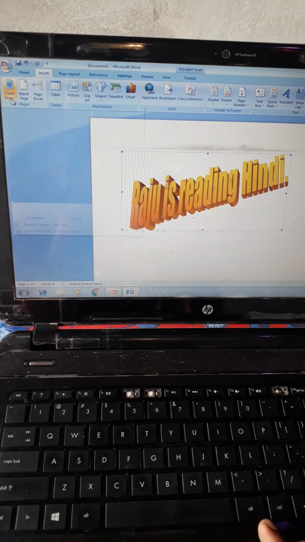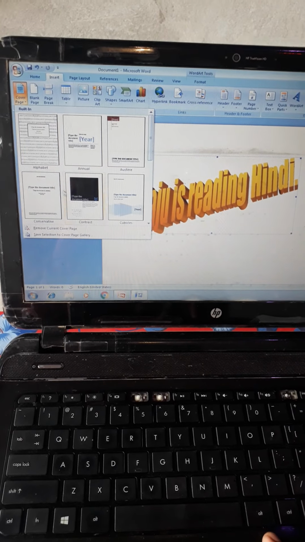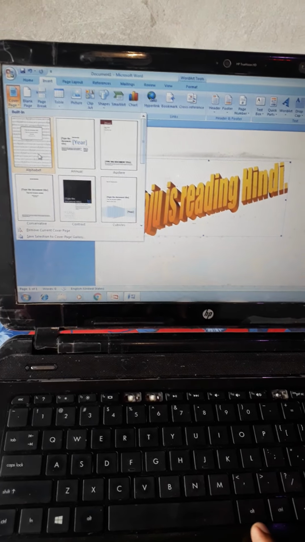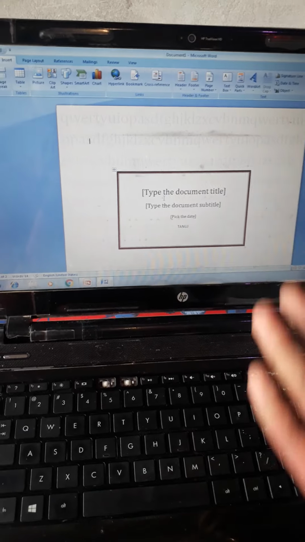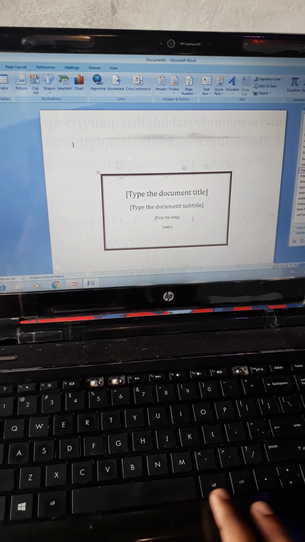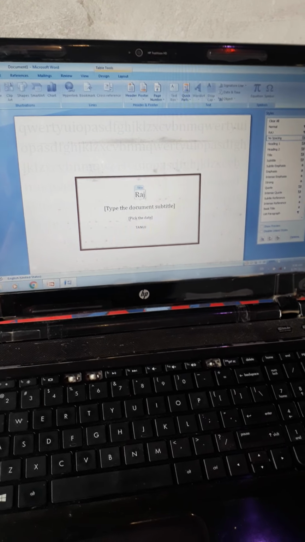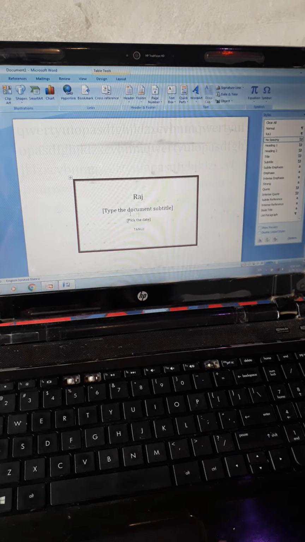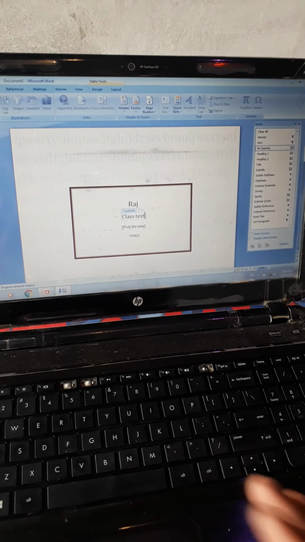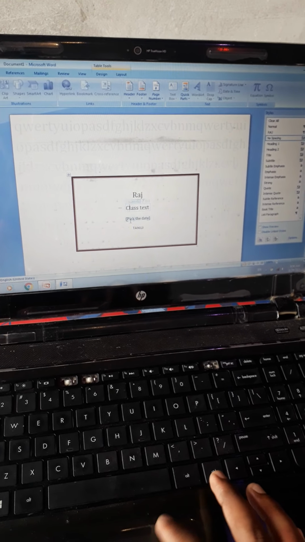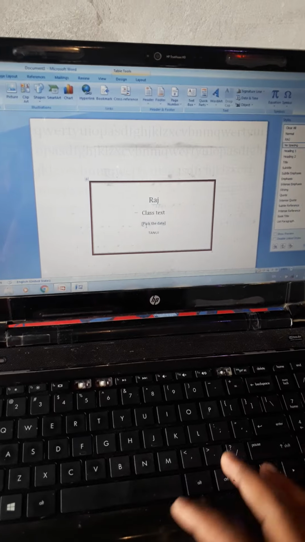So first I am going to click on the cover. This type of menu will appear, so according to our need you can select any one. So I am going to apply this. So when you click, this type of menu will appear, and all our written words are hidden behind this cover. So if you want to give the titles, then you can edit according to your needs. Okay, here you can select any title, class test, anything we can write, and also we can set the date and time, and so much data we can keep here.